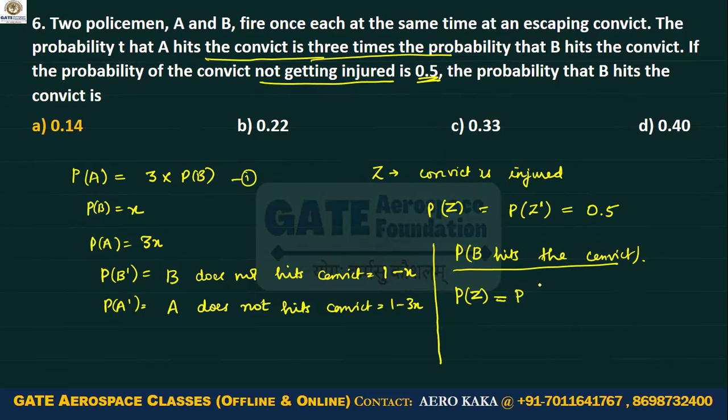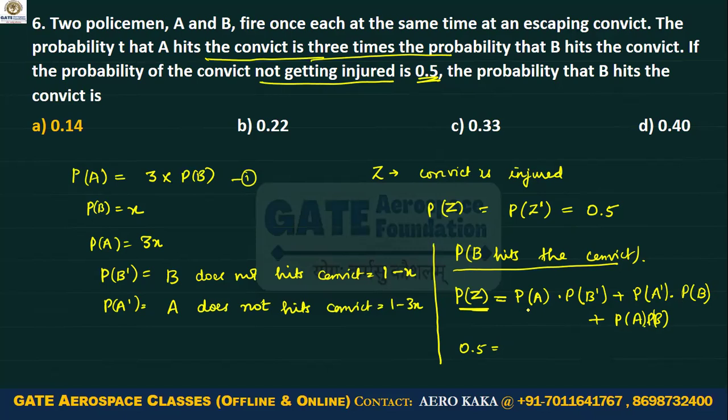So either the policeman A is going to hit the convict, which basically means B is not going to hit it, plus A is not going to hit it and B is going to hit it, or the probability that A and B, both of them, are going to hit it. Right, these are three cases. I know that the probability of getting hit, Z, is going to be 0.5, which is going to be equal to